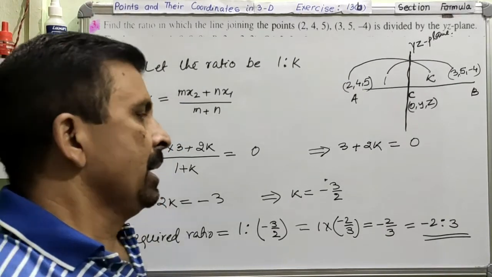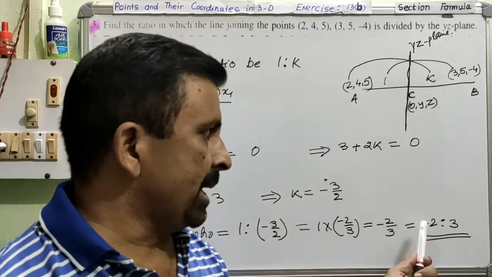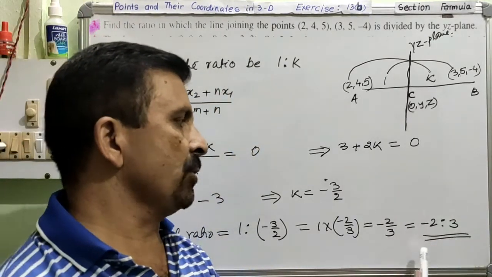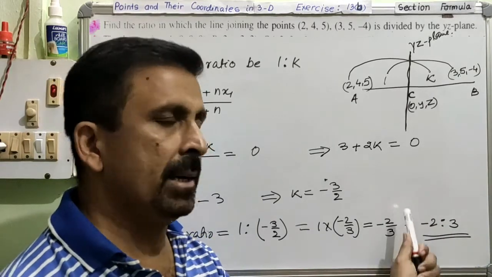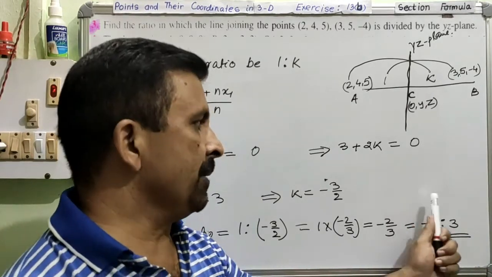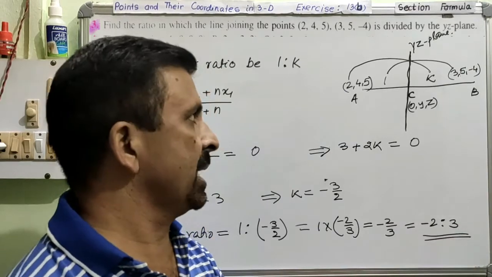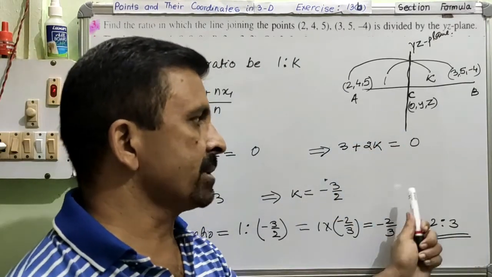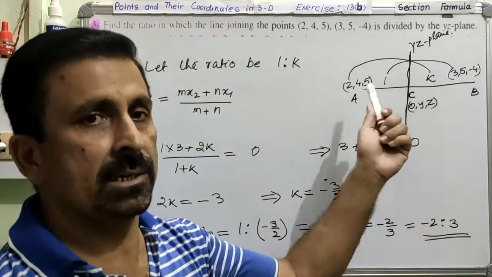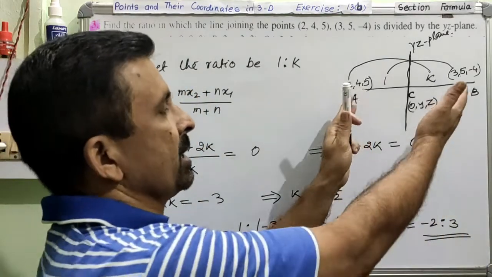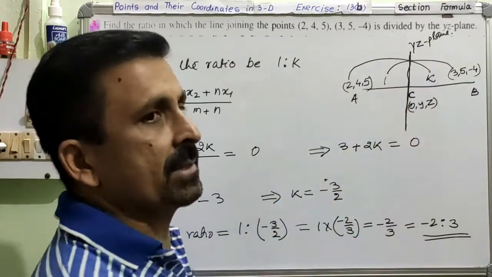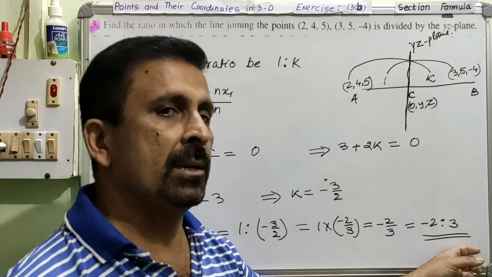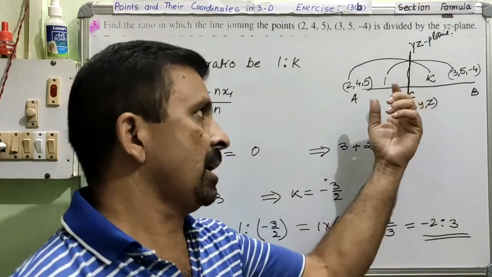Now here I will tell you the meaning of this minus sign, because when you calculate this ratio, sometimes it will come positive and sometimes it can come negative. Clear? If this ratio comes positive, that means there is internal division. And if the sign comes negative, that means this is external division. That means this point which we have shown as internal division was just an assumption, isn't it? Finally, after getting this answer, we could realize that this was our external division.